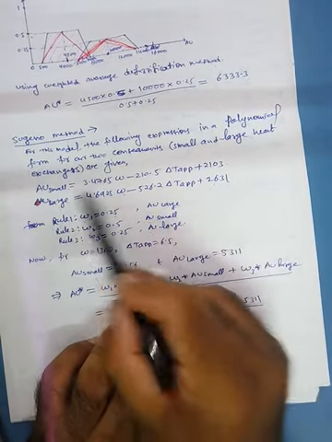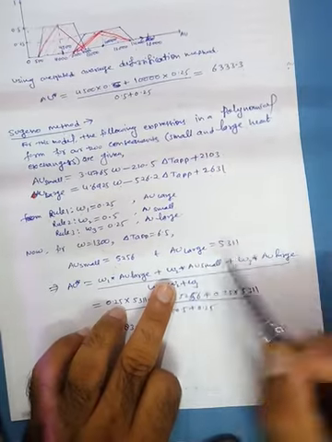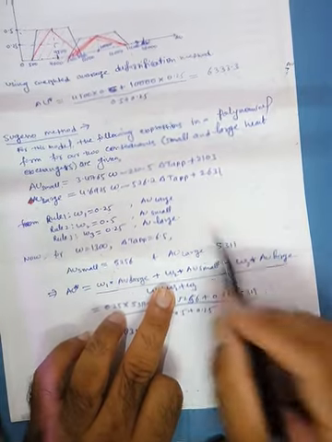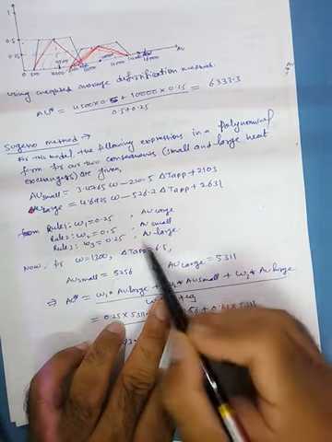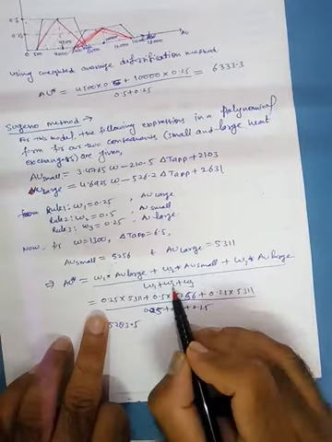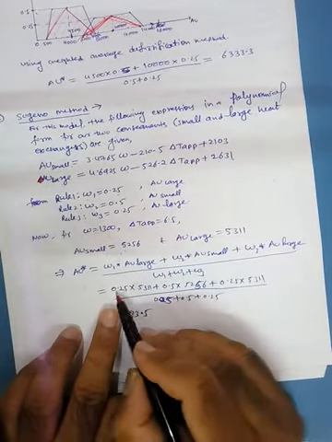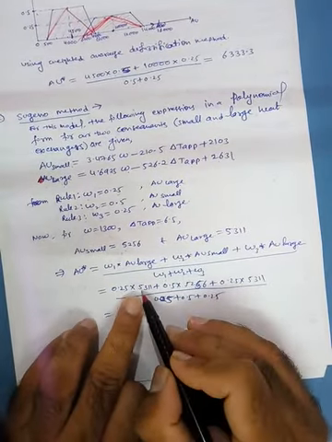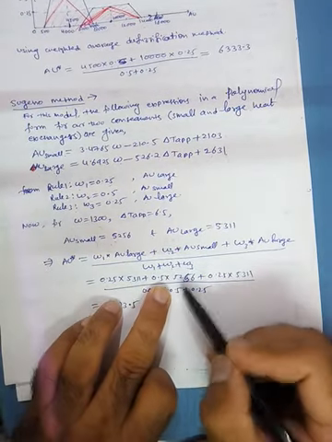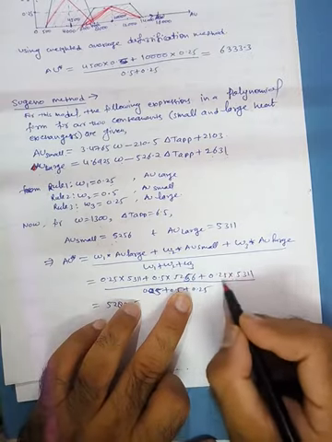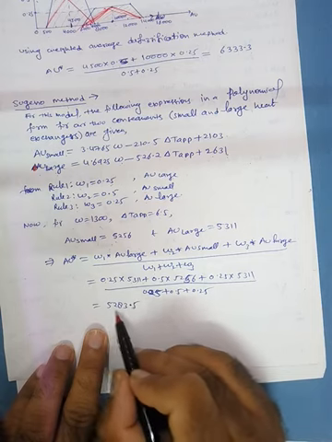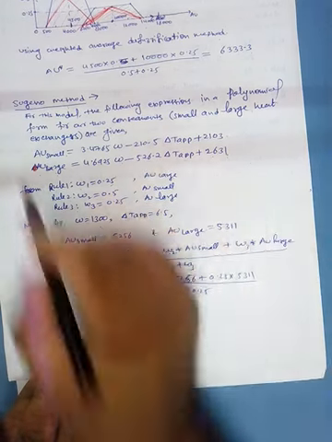AU small means we put in the first function, whatever value comes, AU small multiply by W2 plus. Similarly put these values in the third rule, AU large. So AU large multiply by W3, divided by W1 plus W2 plus W3. The value is 0.25 times this AU large, which means 5311, plus W2 is 0.5, AU small means 5256, plus 0.25 times 5311, divided by this. So the total sum is 5283.5. This is from the Sugeno method.